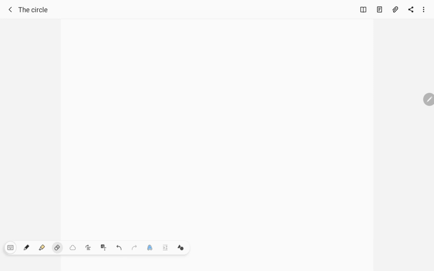Okay, so now I'm going to do one on the circle. In chapter 3, what we're doing is what's called conic sections. Conic sections are basically,